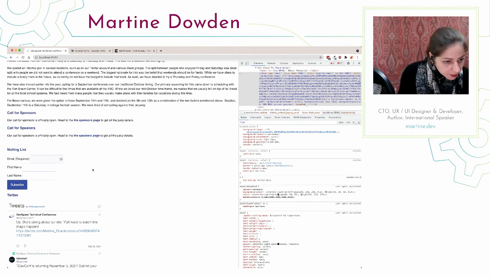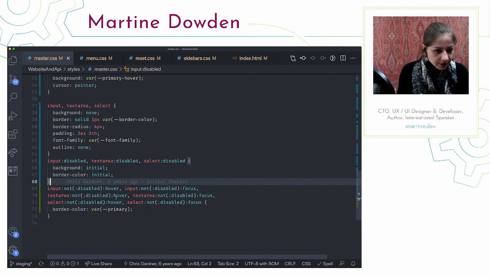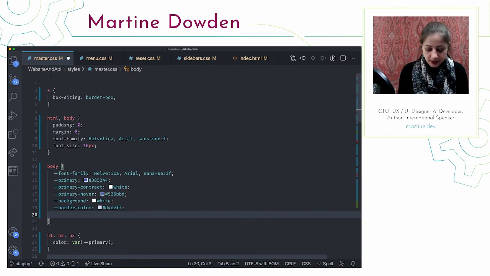It kept our border color, but it definitely grayed out, but not a whole lot, which is fine. So let's go ahead and make sure we set our border color to something. Let's do a disabled border, and I'm going to do a kind of run-of-the-mill gray, right? So I'll go pick a run-of-the-mill gray.